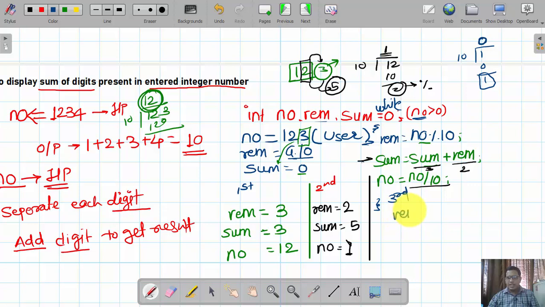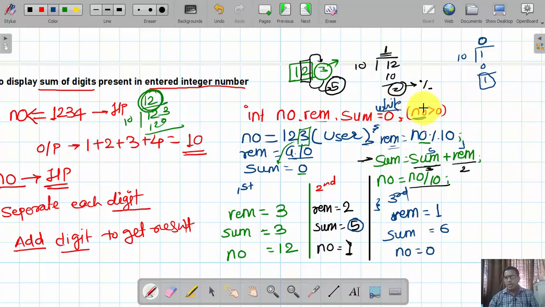So the value assigned to variable REM is now 1. Next, sum is equal to sum plus REM. In the previous execution, the sum value is 5, so 5 plus this remainder value 1. The result assigned to variable sum is now 6. Then number is equal to number divided by 10, that is the quotient value, and now the number is equal to 0.